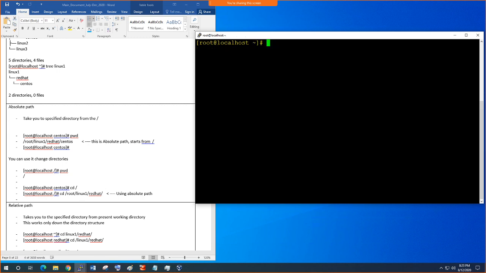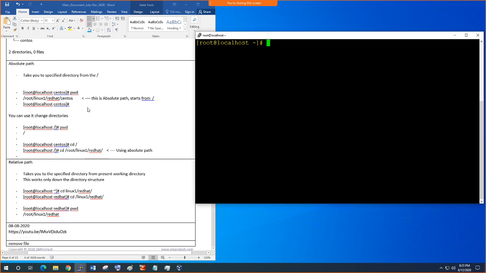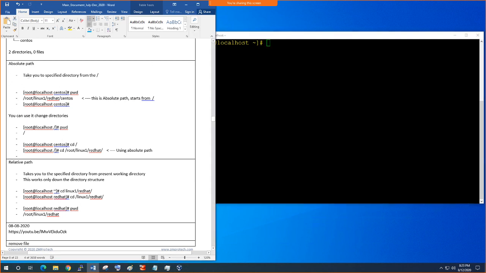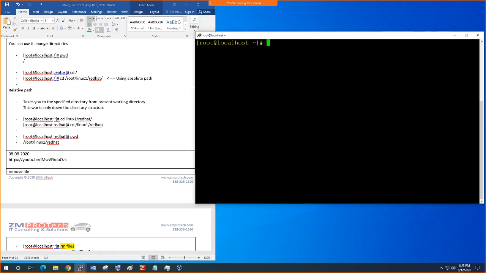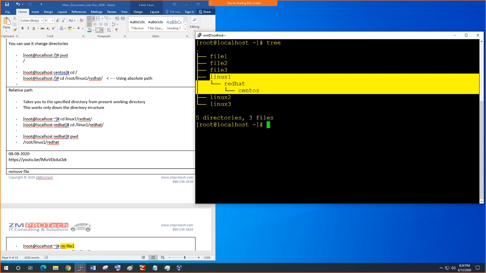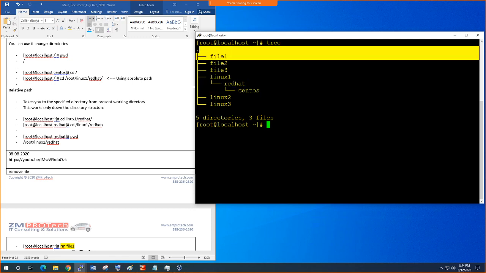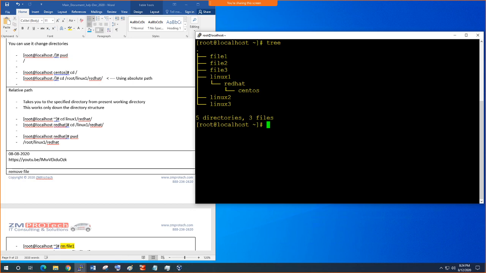So you could see that with the strike of a key, you could jump around inside the Linux environment here. This is called the absolute path. An absolute path takes you to a specified directory from slash root. And a relative path goes down the present working directory structure. So if you type tree here, the best way to use the relative path is down this way, down the path. Or if you started all the way from slash root,